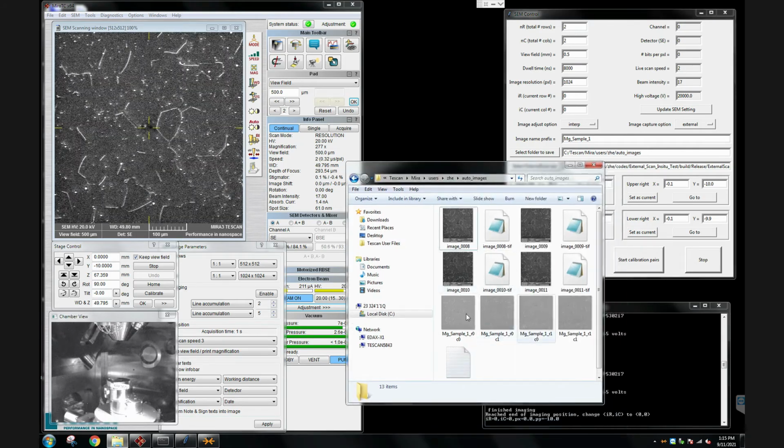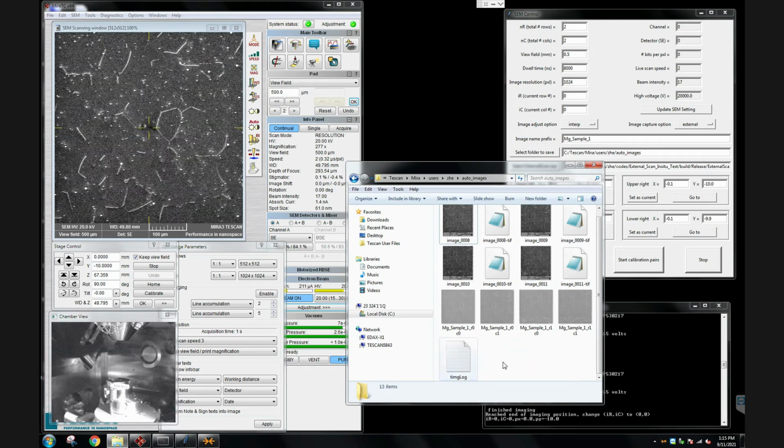Okay, we can see that we have these 4 images taken by the built-in function, and 4 images by the external scan function. And we also have this time log created by external scan.